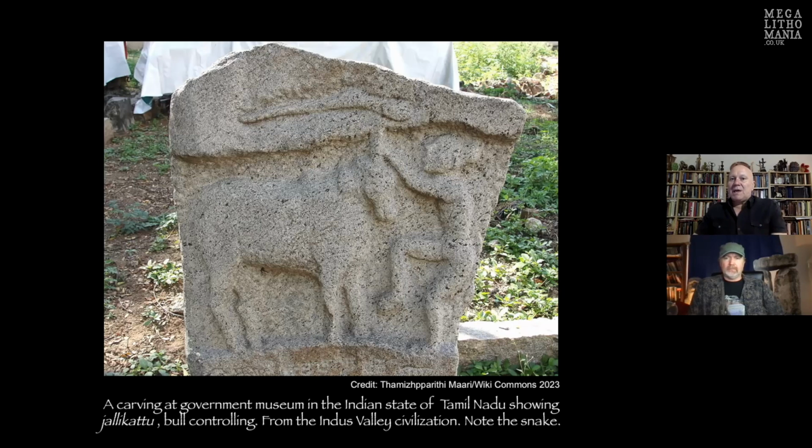And you can see here that this person is grabbing hold of the horns of this bull and presumably about to try and either leap over it or certainly trying to control the actions of the bull. And I understand that this sport involves eventually you actually going onto the back of the bull, holding on to its horns until eventually the bull comes to a halt. And then, of course, you've tamed the bull. So, this is quite widespread. So is it possible that all of this does actually begin with what was going on in southeast Turkey within